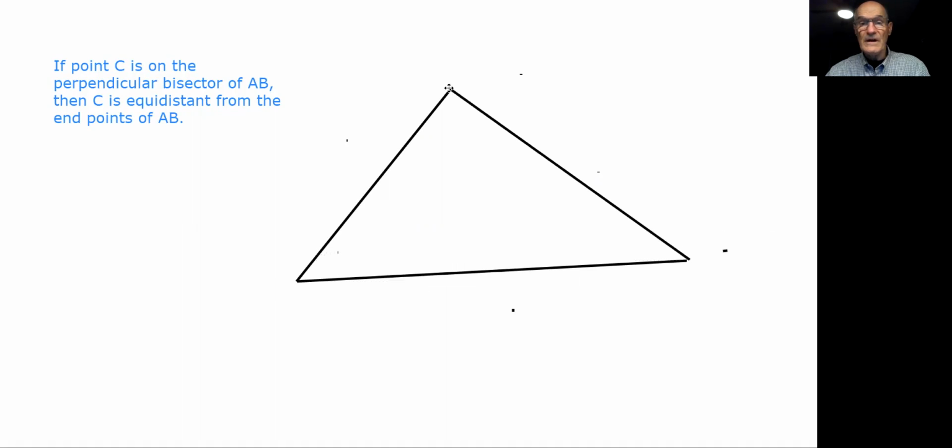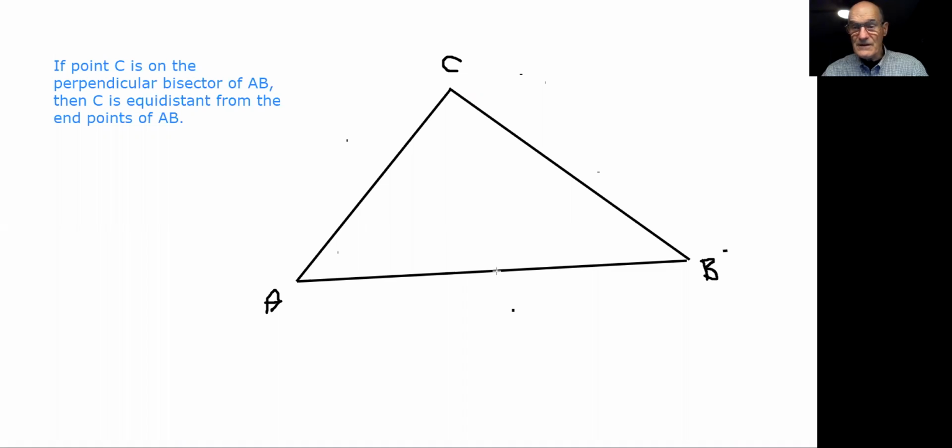So this is going to be triangle ABC. So we'll put A here, we'll put B over here, and we'll put C over here. Okay. Now what we're going to do here is draw the perpendicular bisectors of each side of